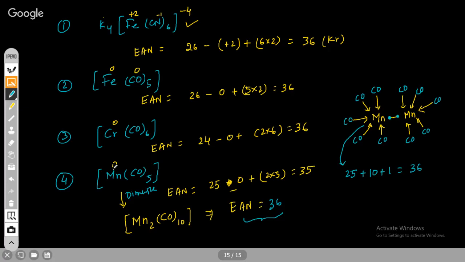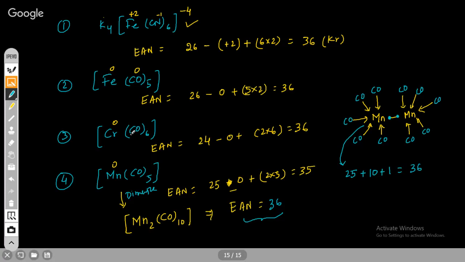Correct. So this effective atomic number or Sidgwick rule is valid only for a few kinds of metal. Metals which have carbonyl group as the ligand. Mainly for those compounds only it is valid. In general, right? There is no rule for this. But in general, the metal which contains carbonyl group as the ligand, for those